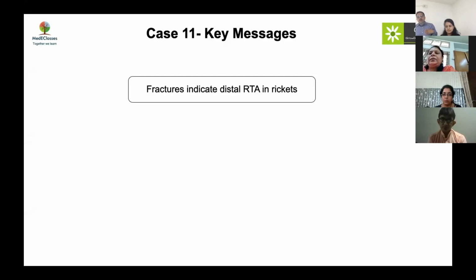And as Dr. Neha said, bicarb is something which will make wonders. And also think of adding thiazides because there will be nephrocalcinosis, which is often there by the time they come to us in that situation.